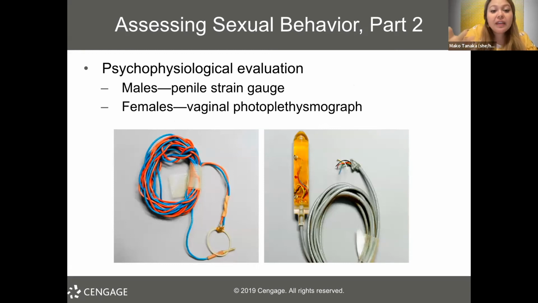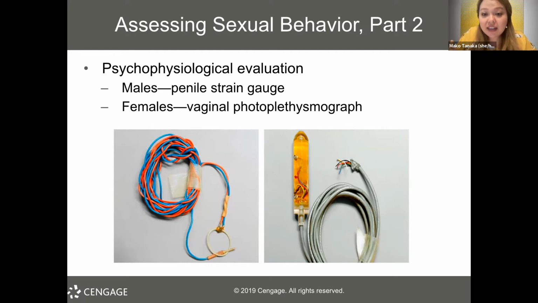To measure the ability for a patient to become aroused, you'll probably do some type of psychophysiological evaluation. One option is a penile strain gauge, and this measures erections. So when changes are going on in a penis and it's expanding and becoming aroused, this can be recorded on a device, and you can display it on a polygraph. And then a similar type of tool can be done to measure women's ability to become aroused. This is a really difficult word to pronounce, vaginal photoplethysmograph, and I apologize if I completely butchered that. But this is a device that's inserted into the vagina, and it measures the blood flow to the vaginal walls,